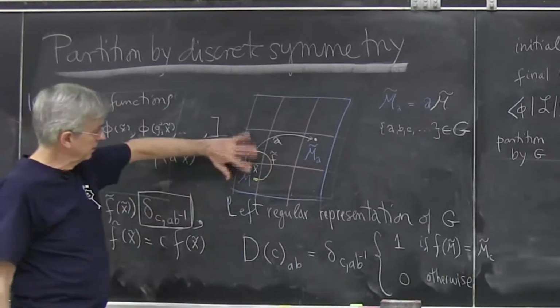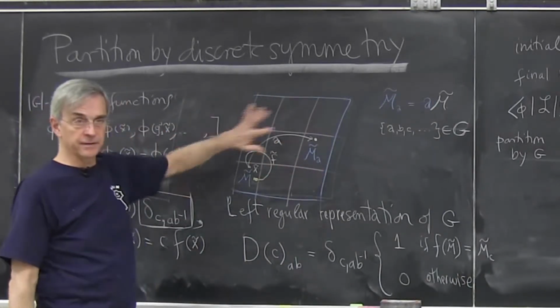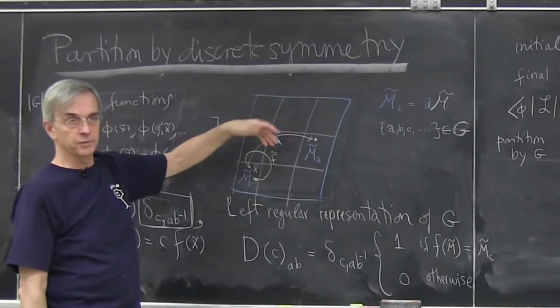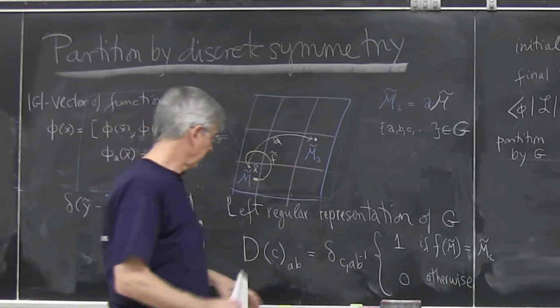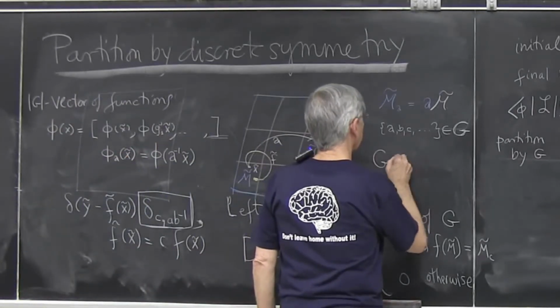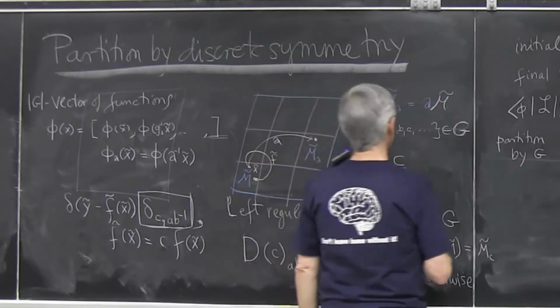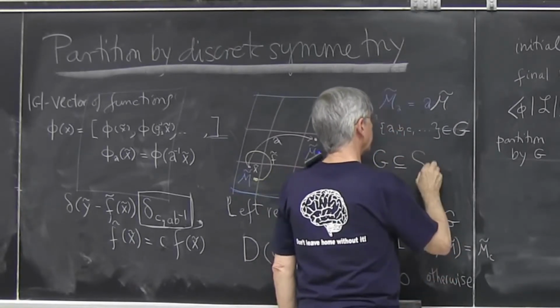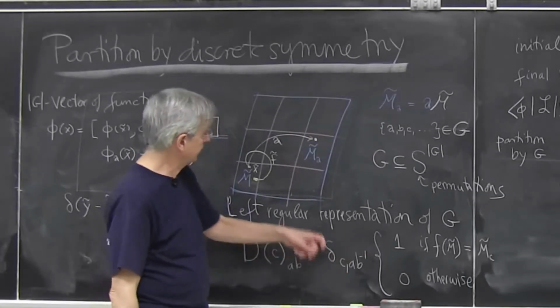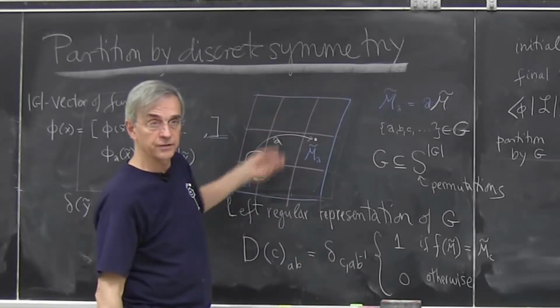So in general, when you have, let's say, 9 elements, the most you can do with them is permute them in all possible ways. So group G is always a subgroup of or equal to the symmetric group of permutations on G elements. And this is instructing you in how the permutation works